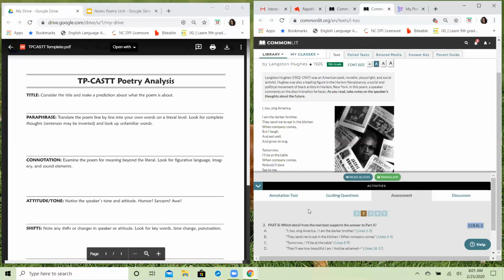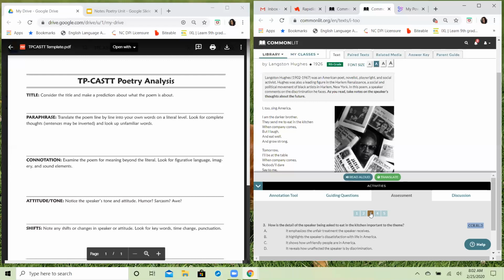Question number 2 is going to ask you which detail from the text best supports the answer to part A. So again, this is one of those questions where if you didn't get question 1 part A right, they're not going to allow you to answer question 2 when it comes to being graded on it. So based on the answer that you picked for part 1, whatever statement you summarize would have been your own words here. What you're looking for now is a quote from the poem that supports that idea in your own words. So again, paying attention to what is the main theme,